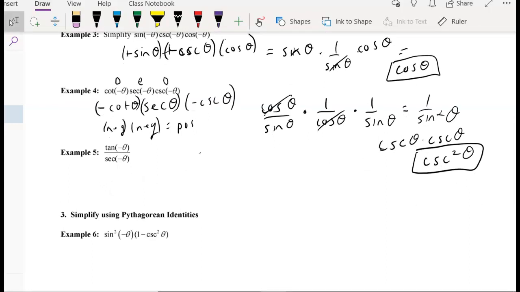So we have the tangent is an odd function. The secant is an even function. So when we rewrite, before we break it up into sines and cosines, we have negative tangent of theta. But the secant, being even, just drops the negative sign. So this over the secant of theta. So this time we are going to get a negative over a positive, which is a negative. So we're going to get a negative,